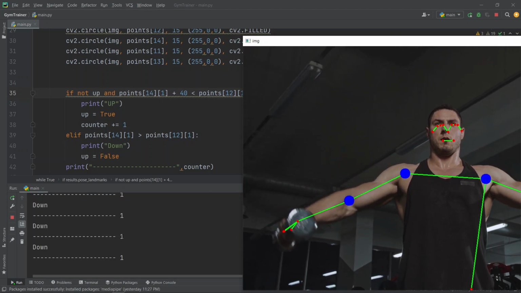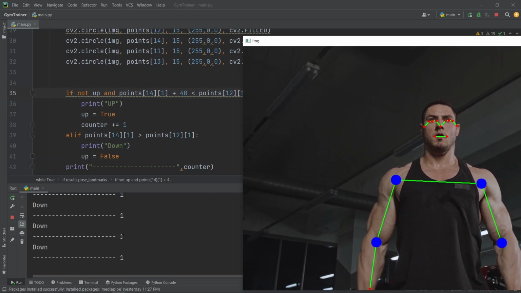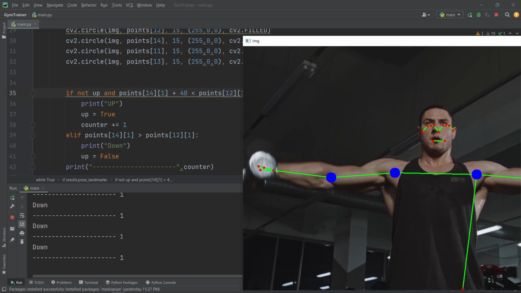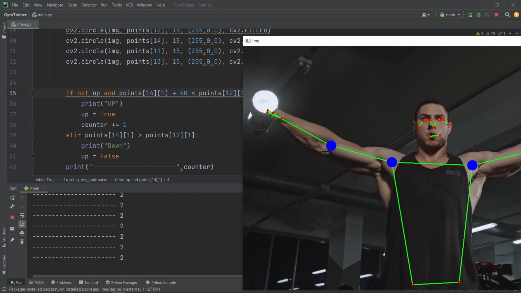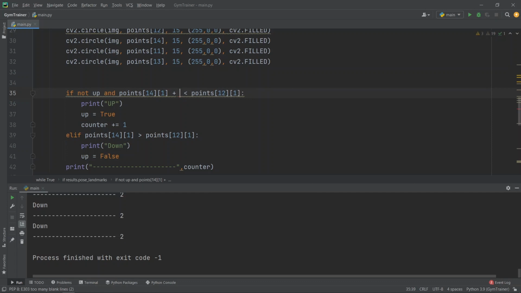So here, as soon as the person went all the way up to its most extent, to this upper extent, we are getting the count. Below that, we are not getting any count. So here, as soon as it touches the top point, the count increases, and that's how it will work. So if I decrease it, if I go for 30, if I go for 10, it will decrease the threshold, and that's how you control the threshold. If you want your body to go to the full extent, you increase this from 40, 41, 42, and if you want to keep your body easy, you can decrease it from 40, 39, 35, 30, and so forth.